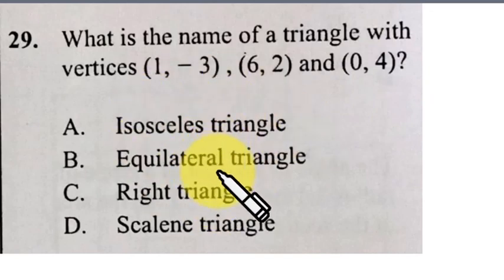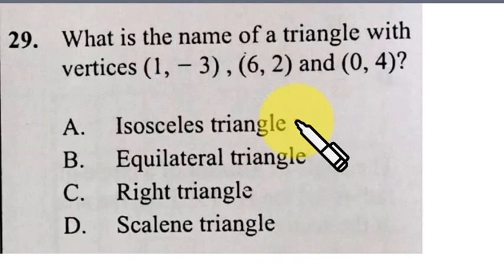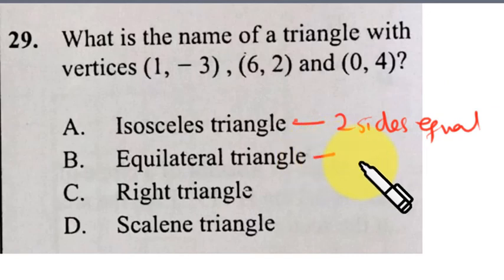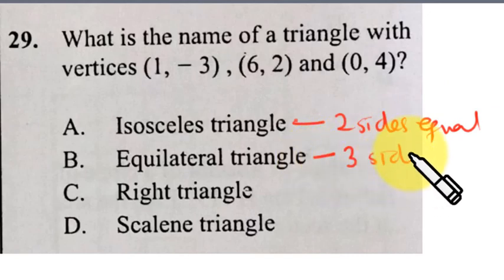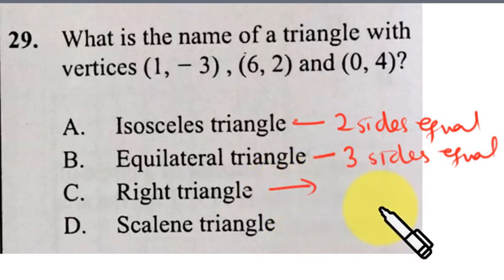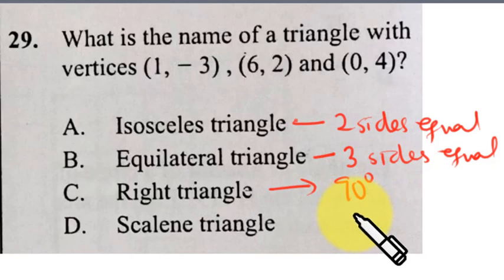Now, these are the types of triangles that we have here. A is isosceles triangle. It is a triangle that has two sides equal, only two sides equal. Equilateral has all three sides equal. Right triangle is a triangle that has one of its angles to be 90 degrees, and scalene triangle, none of